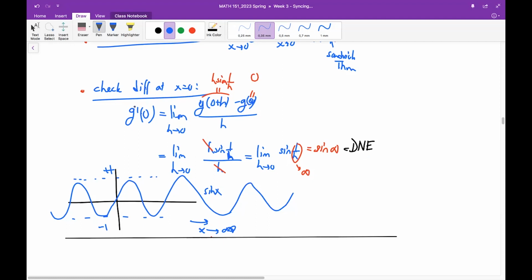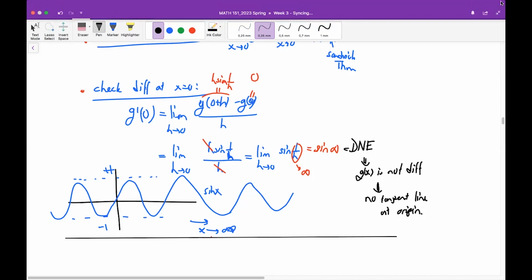If this limit does not exist, what is your conclusion? Is this function differentiable at the origin or not? Since you don't have a finite value here, it is not differentiable. Exactly, it is not differentiable, so the slope is not well defined. So there is no tangent line at the origin. This time the answer is no, there is no tangent line. Any questions